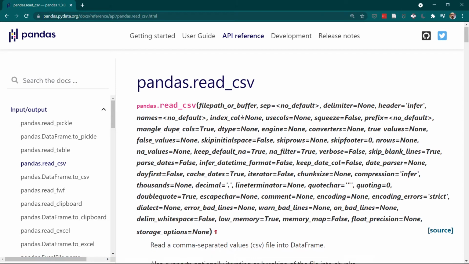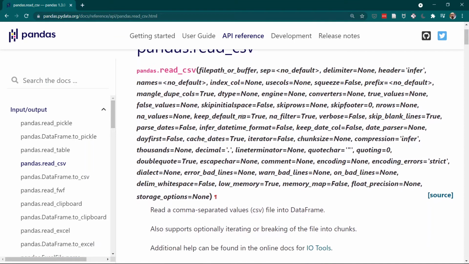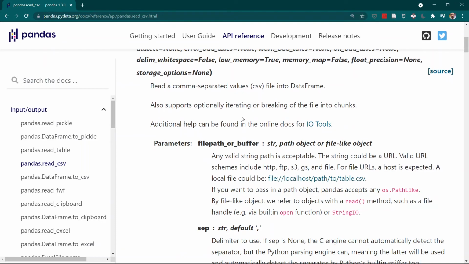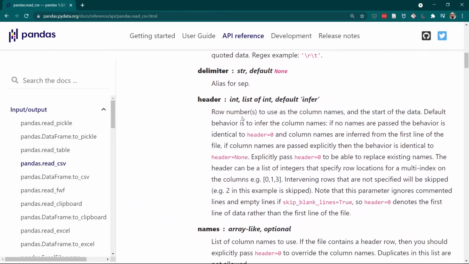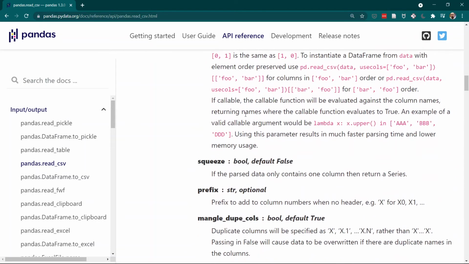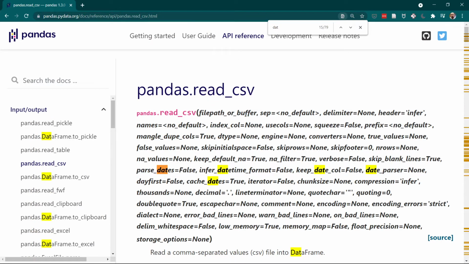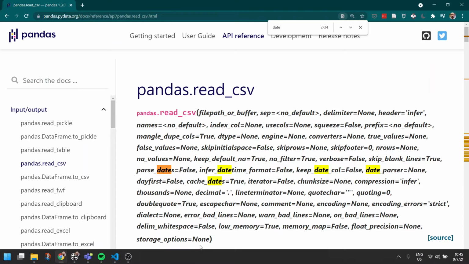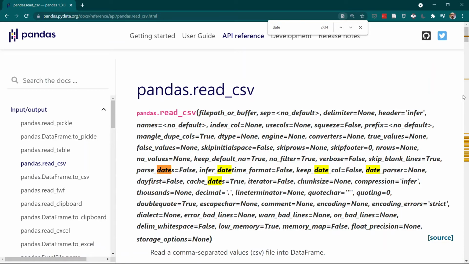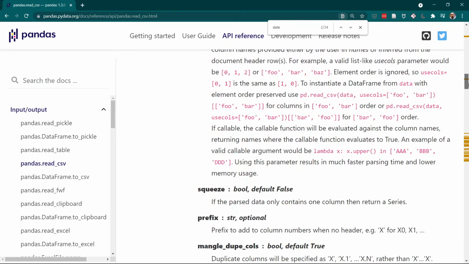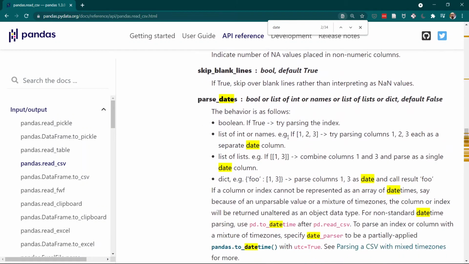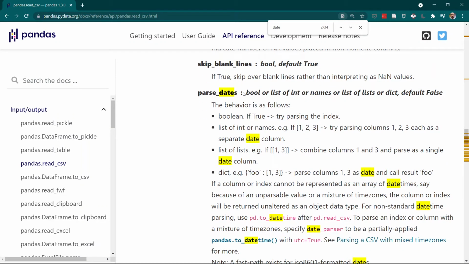Pandas read CSV. Alright, so there's a kind of bewildering array of stuff here, but we'll just look down and see which one gives us dates. Parse dates. Okay, inferred date time, and so on. So it's going to be down here. Okay, parse dates. So that we can either say true, parse all the dates, or we can give it a